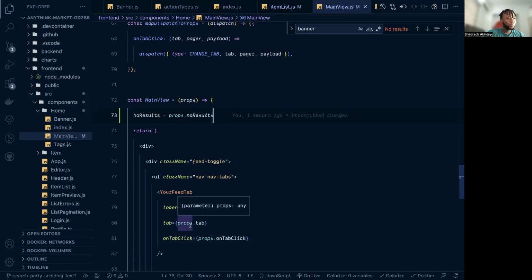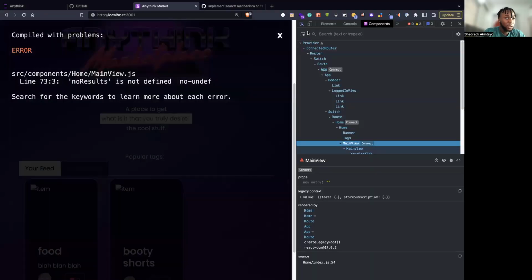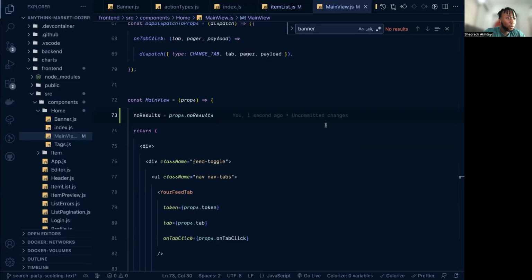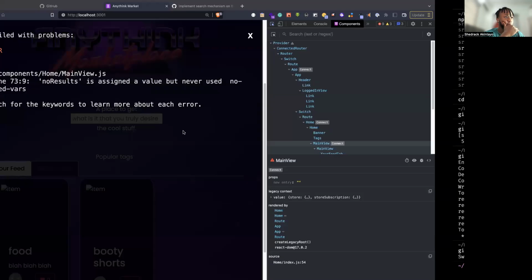So we need to go and look for where the items are being rendered from. And what's responsible for the items is